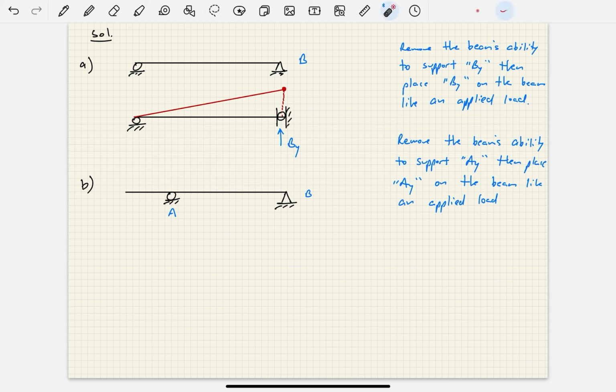Well, this point A is already a roller, so it only could support AY. So if I remove point A's ability to support AY, what am I doing? I'm just completely deleting the roller. I'm going to just remove it altogether. So then I'm going to have this beam here with just this pin back here at B, and then I'm going to place AY at point A, and then I'm going to watch this thing deform as a rigid body, which means, again,